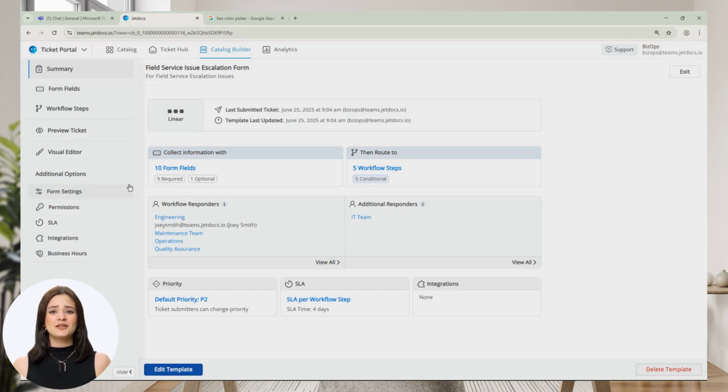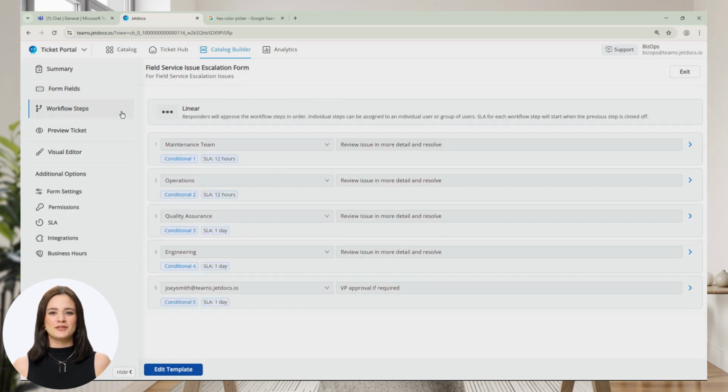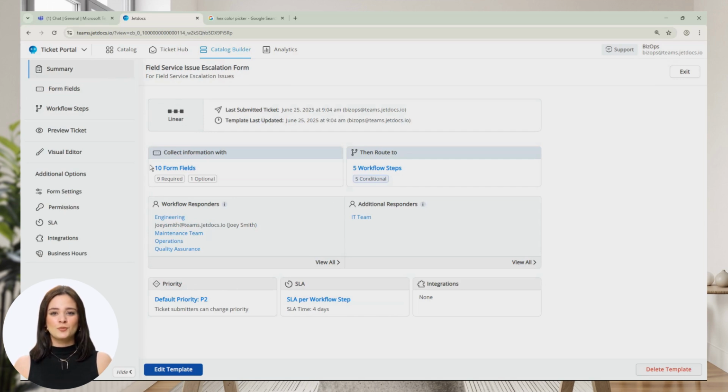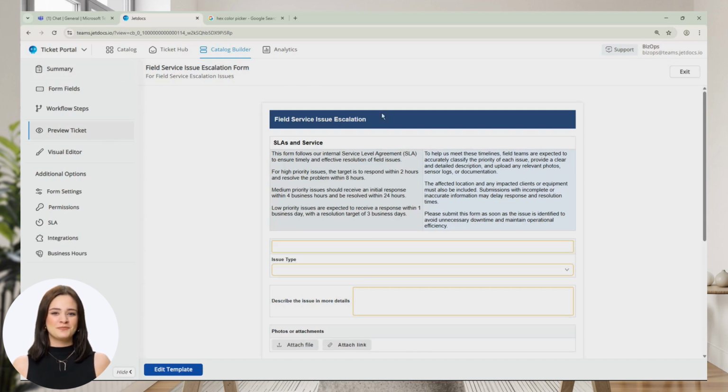Now our recommendation is always create your form as you normally would with our form fields and our workflow steps. Again, this is saying what information do we want to collect from users, and once we've collected it, who do we want to route that to inside of our organization. Then, once you preview the ticket with your regular form, and said this looks like how I want it to look in terms of what data you're collecting, then we can go ahead and actually design this using our visual